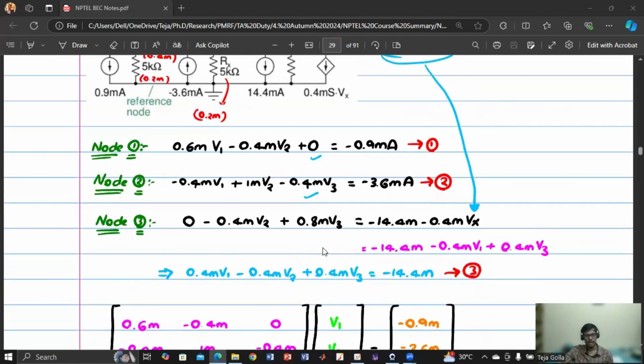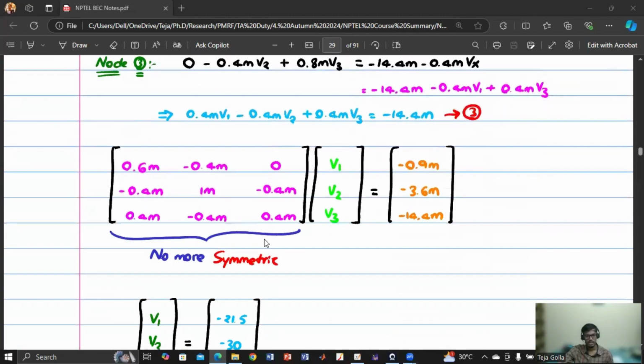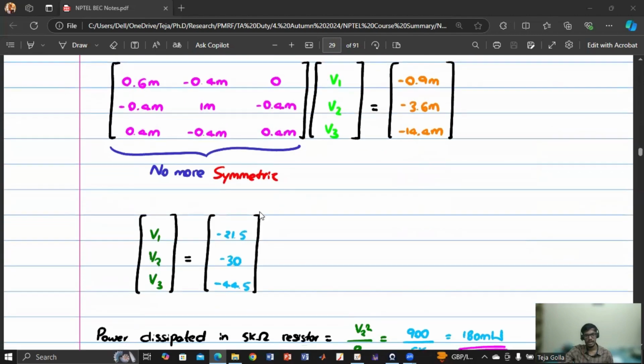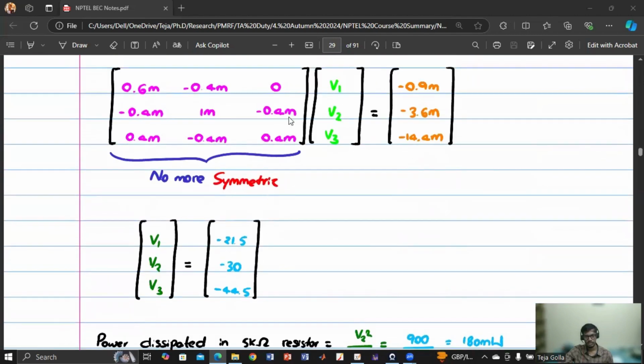For node 3, you have to write the KVL equation and then substitute Vx, which is V1 minus V3. After that, you will get the conductance matrix, and it will not be symmetric anymore, because the dependent source causes an additional term, and because of it the conductance matrix changes and is no longer symmetric. And again, you have to multiply the inverse of this matrix on both sides